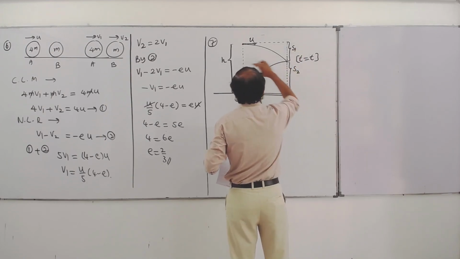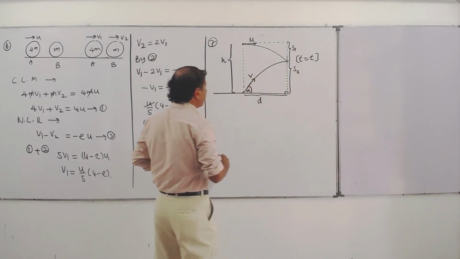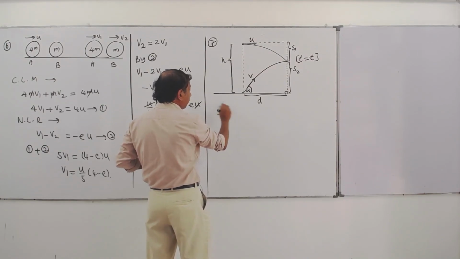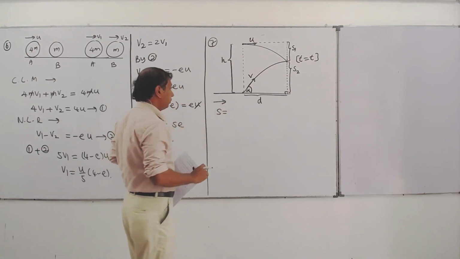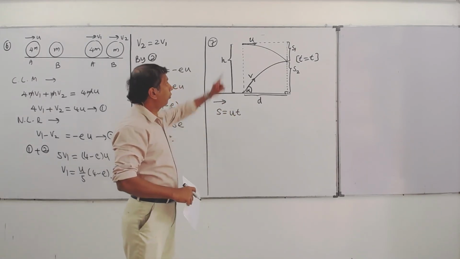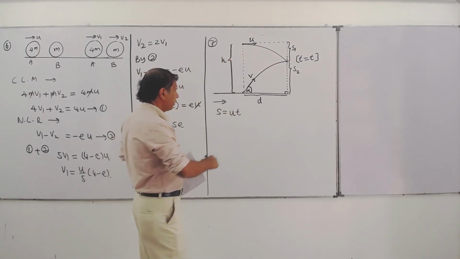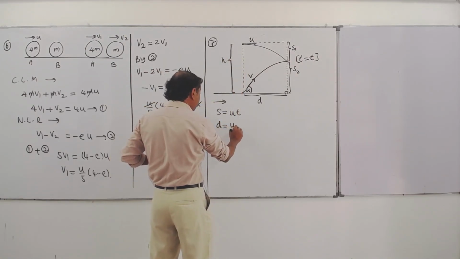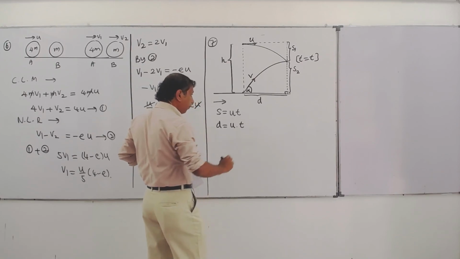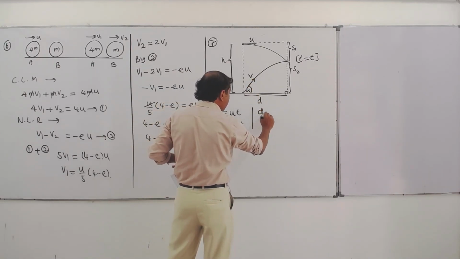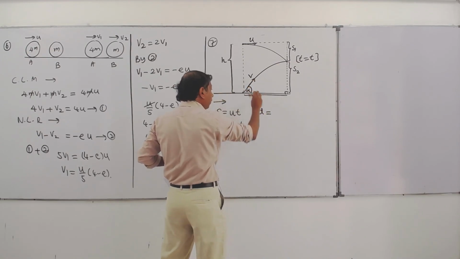Then s1 plus s2 is equal to h. Considering the horizontal motion, s equals ut. For this one, the same distance moves with velocity u in time t. For the other, the same distance horizontally, horizontal velocity is v cos alpha